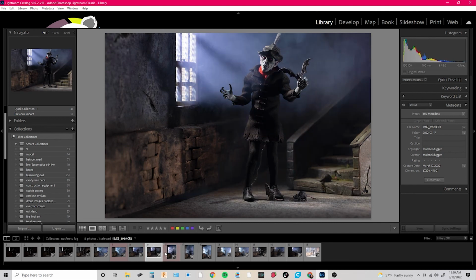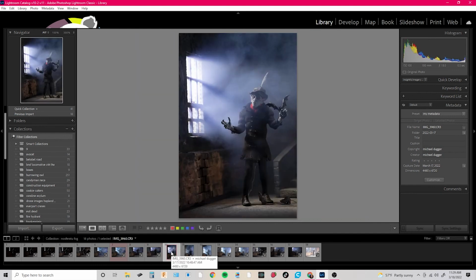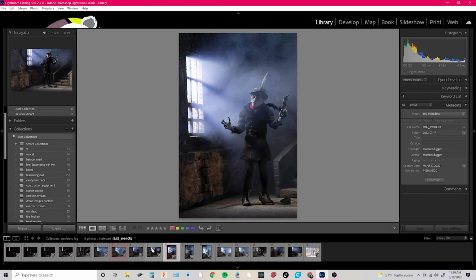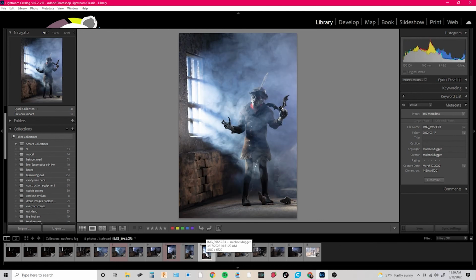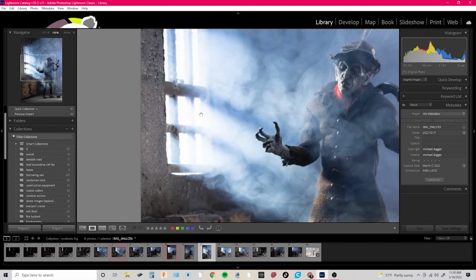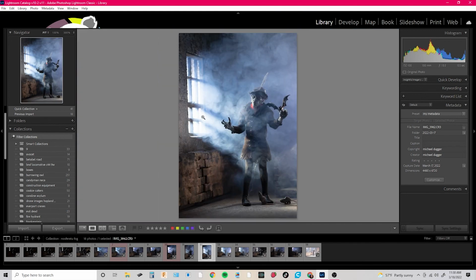So we got one flash fog, and we've got this one here. God, I like that one. Man, I just really do. We've got this one that I like. This one here, not so much. This one here, this is a good one too. I will tell you, my first glance is super bright right here. You know, loss of detail in the window, which that's not a big deal. You could go in and post and